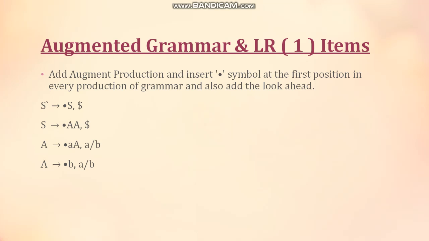So we are going to go to the productions of capital A and calculate the first of capital A. The first of capital A from the two productions is a, b. So we are going to place a and b with the help of a slash symbol in the look-ahead section of the third production. Now in the last production, why do we place this production?